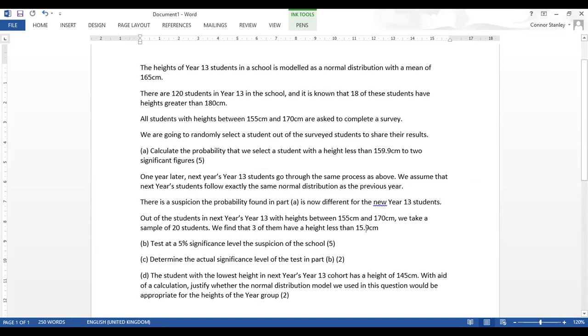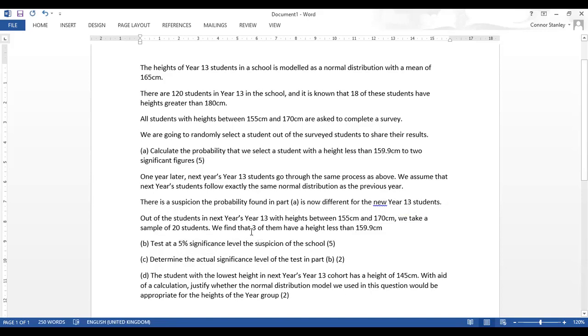Again, sorry, this should be 159 there. So I've made a mistake there. Forget that. This is 159.9. So we've got 3 of these guys out of our 20 in our sample have a height less than 159.9. So we want to do a hypothesis test at the 5% significance level to test the suspicion of the